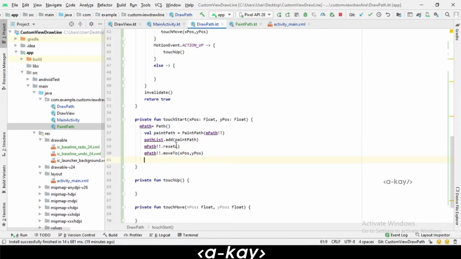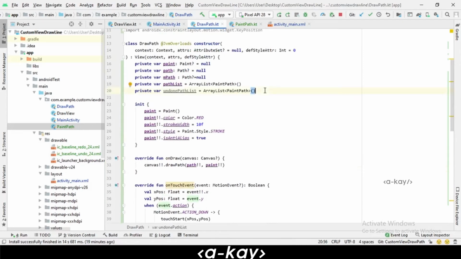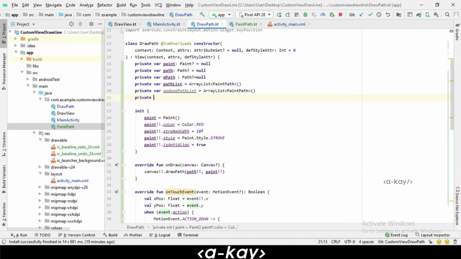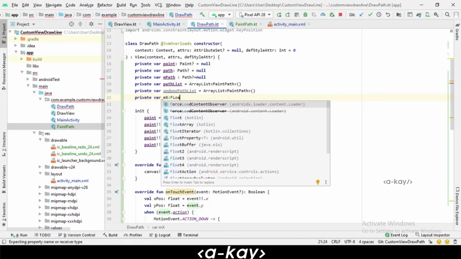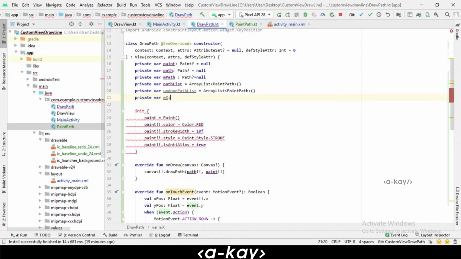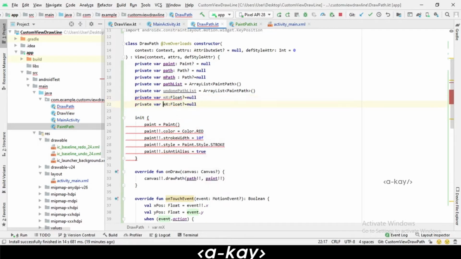And we are going to pass this x and y into our next function, so we are making variables for this, mx, of type null. And one more, control D, which will duplicate this line. We are making it as my.